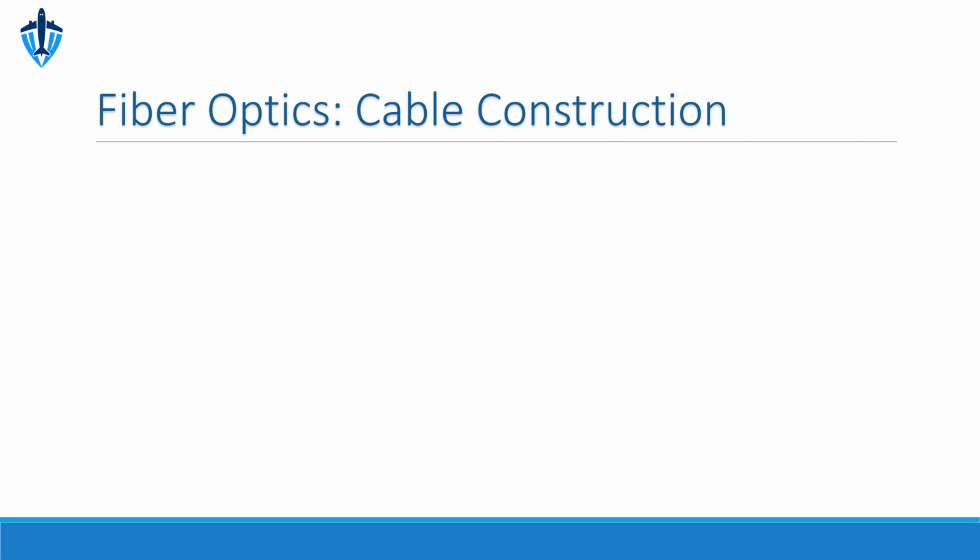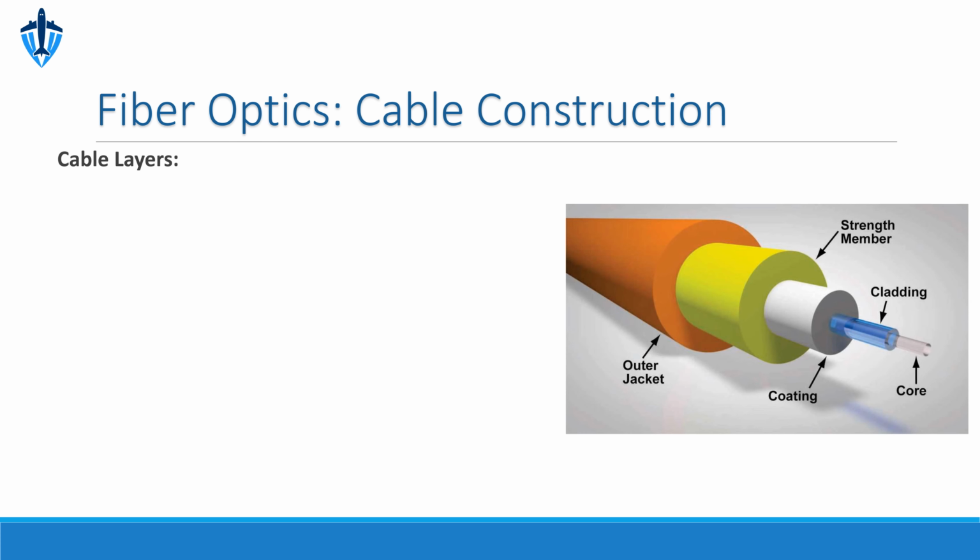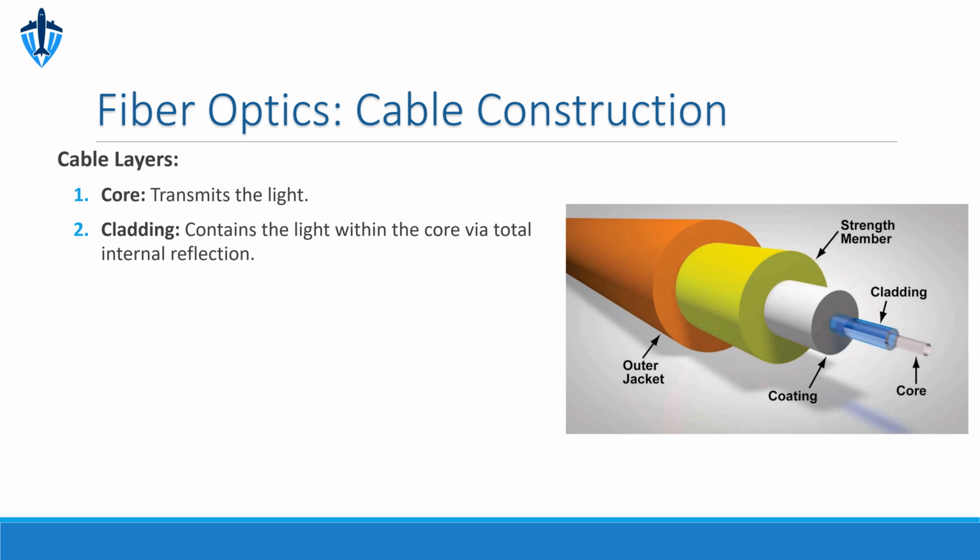To achieve this performance, the physical construction of the fiber optic cable is crucial. Let's look at the layers, moving from the inside out. At the heart is the core, the ultra-pure glass channel where light travels. Surrounding it is the cladding, a layer of glass with a lower refractive index. This difference in refractive index is what traps the light inside the core through a principle called total internal reflection,